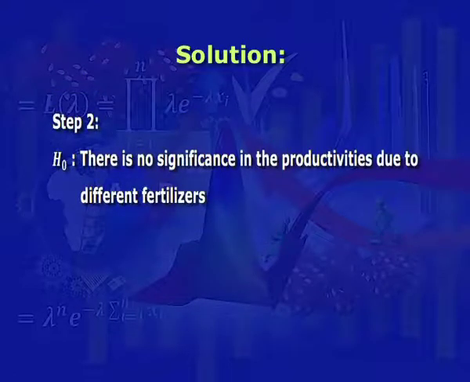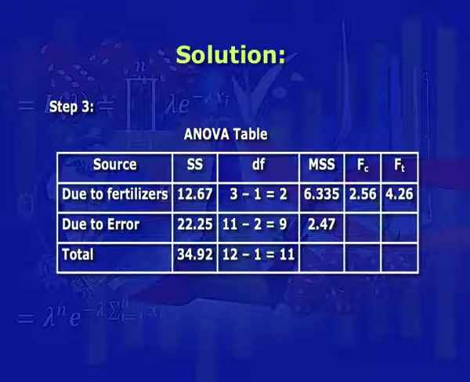Now we define the hypothesis. Step 2. The null hypothesis H0: there is no significant difference in the mean productivities due to different fertilizers. In step 3, we prepare the ANOVA table as follows. The first column indicates the source: due to fertilizers, due to error and total. The second column indicates sum of squares, which we have calculated earlier. Substituting all the three answers of the sum of square, we get the value for fertilizer 12.67, for error 22.25